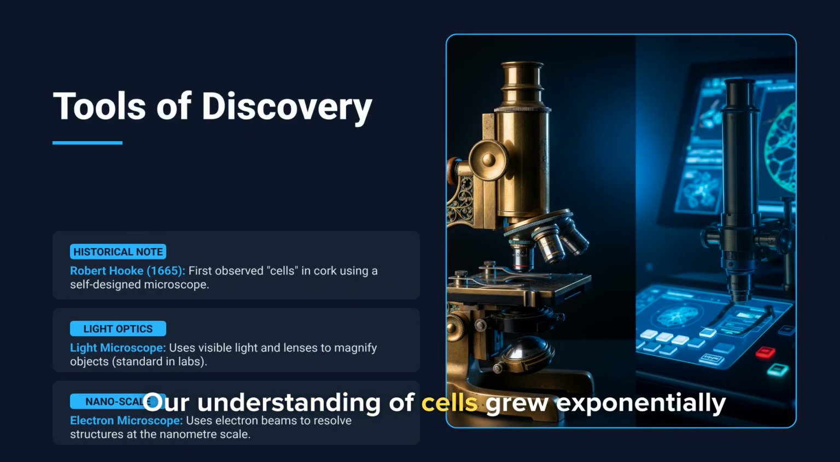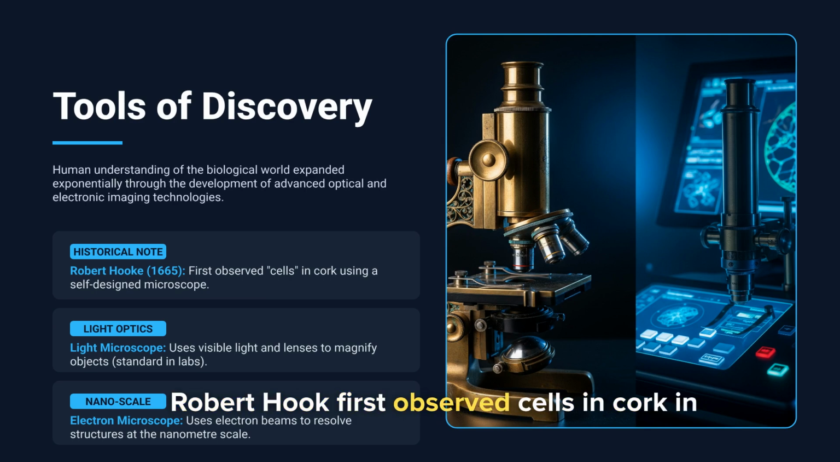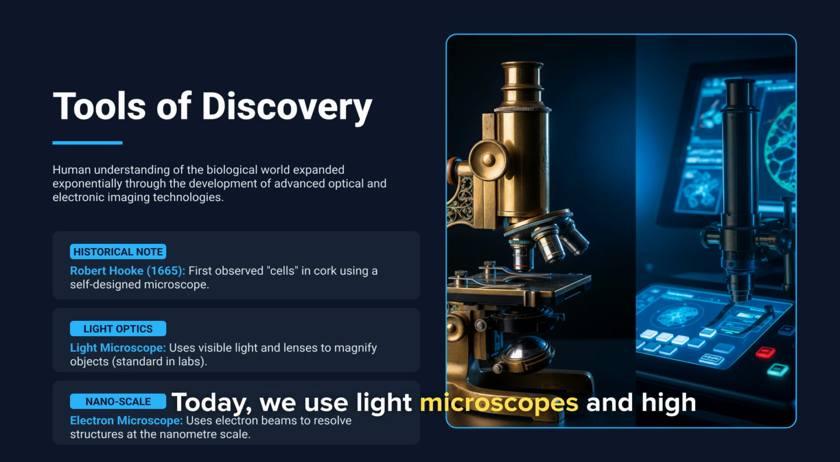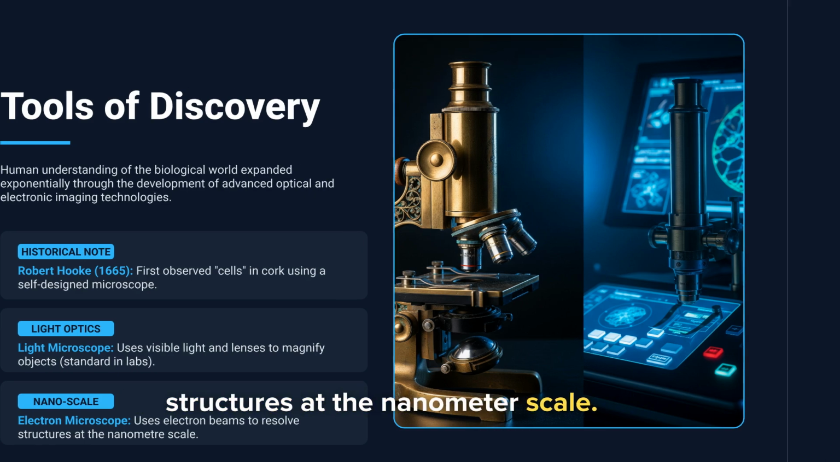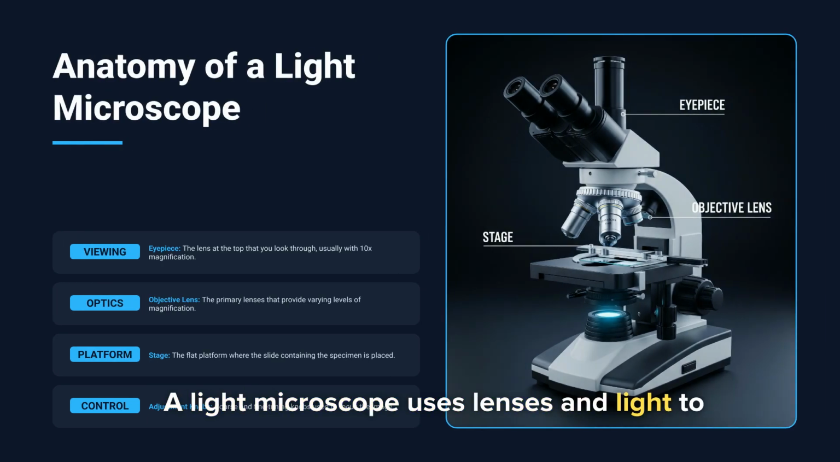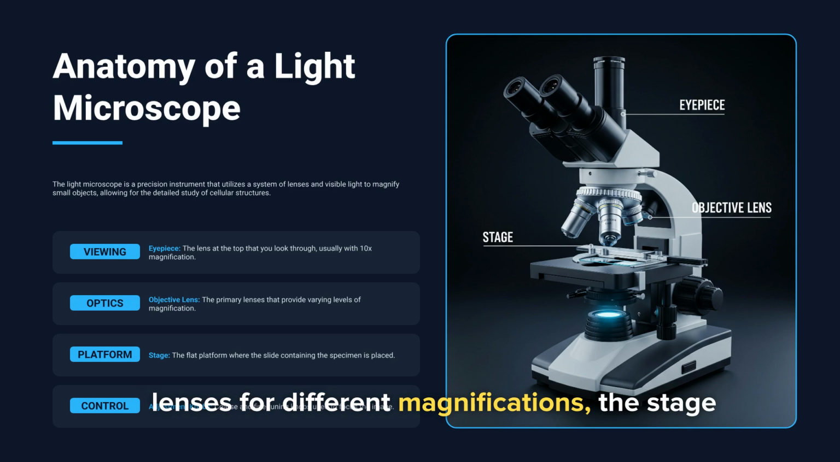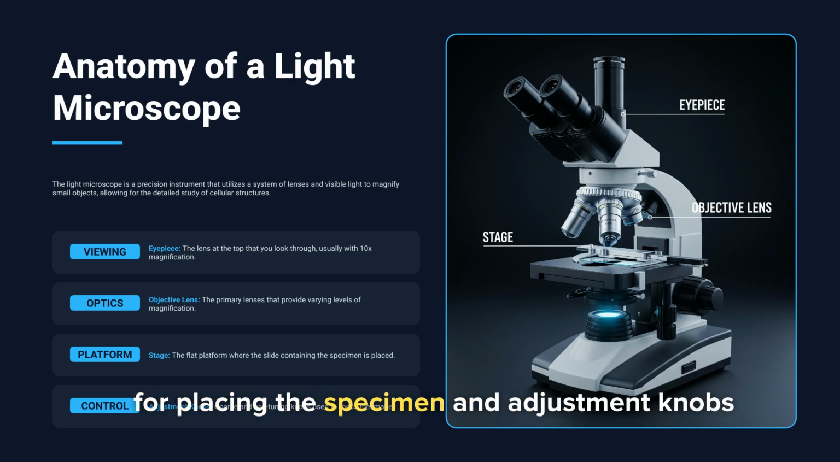Our understanding of cells grew exponentially through technologies like microscopes. Robert Hooke first observed cells in cork in 1665. Today, we use light microscopes and high-resolution electron microscopes to see structures at the nanometer scale. A light microscope uses lenses and light to magnify small objects. Key parts include the eyepiece for viewing, objective lenses for different magnifications, the stage for placing the specimen, and adjustment